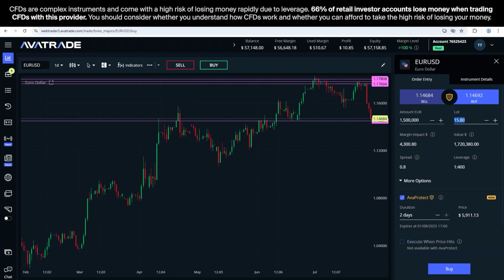Let's see, one lot. How much is that protection? $3.94. Okay, so I could go 1.7 lots, 1.5. And so now I see the cost is getting closer to my 1% target. And again, you can do greater than 1%, less than 1%. I'm just using that as an example. So with 1.45 as a lot size on Euro USD, I'm risking about 1% of my account for the cost